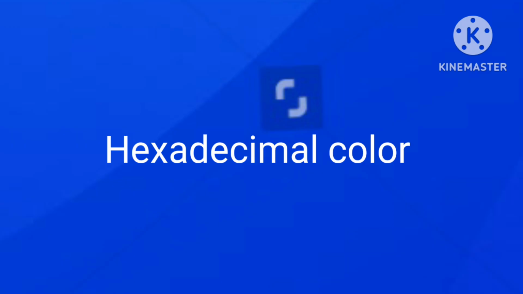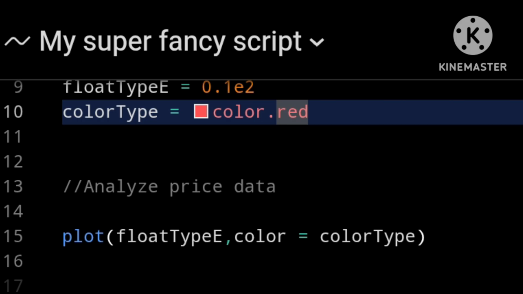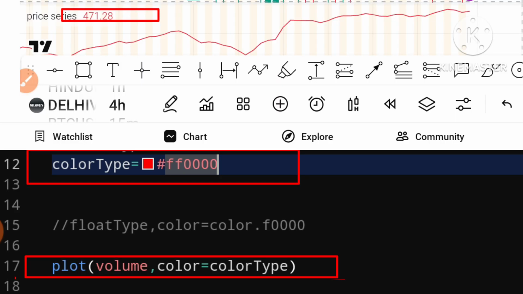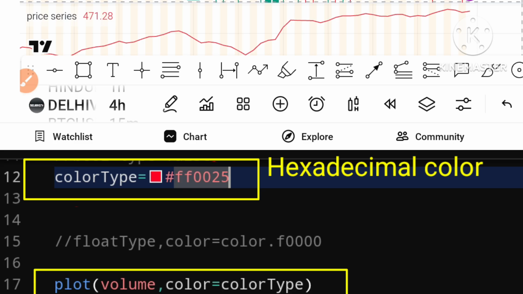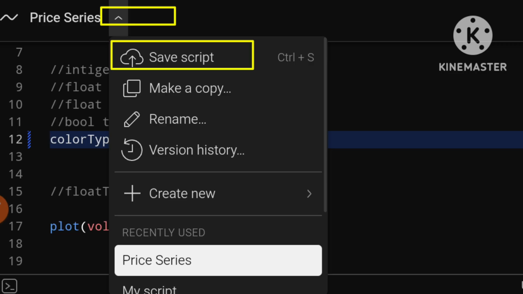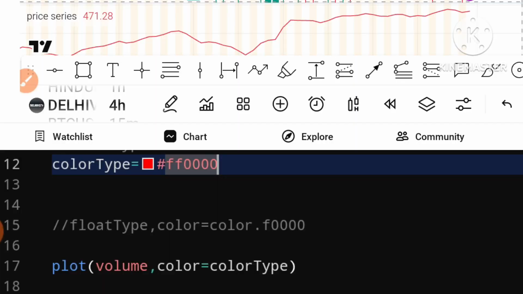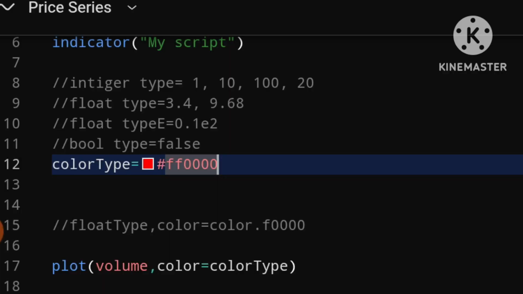You can also use hexadecimal colors. So if I wanted to color this red in hexadecimal, that would look like FF0000. If I save that, we get bright red. We will cover hexadecimal colors in a future lesson. You don't need to know them in order to use colors in your script.